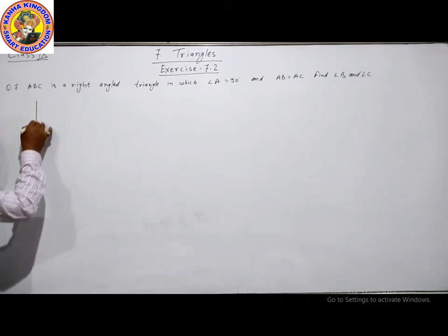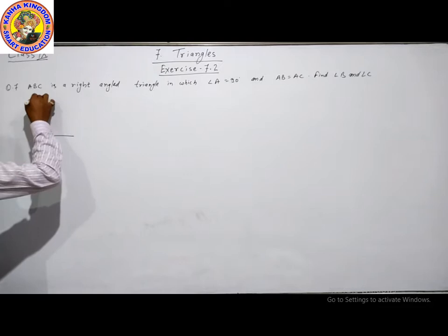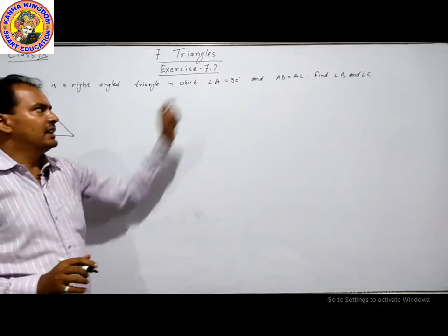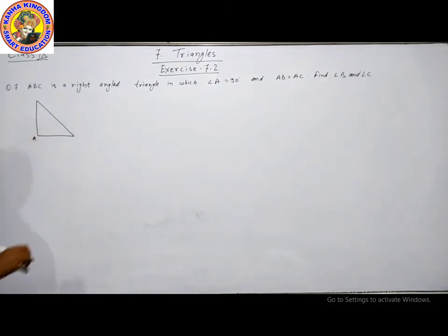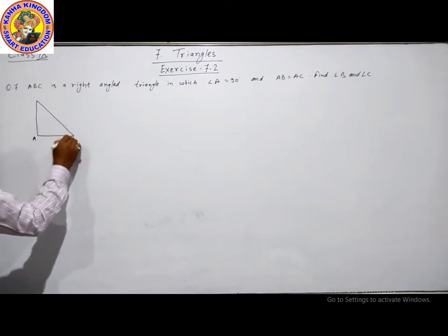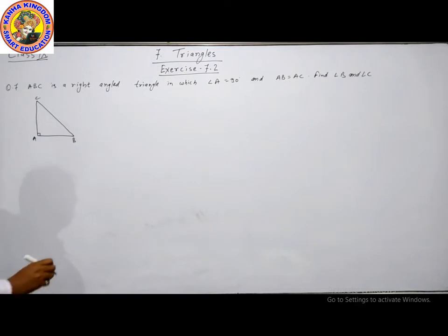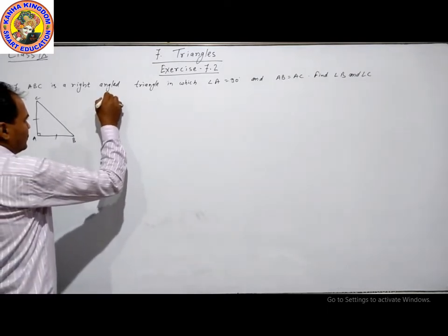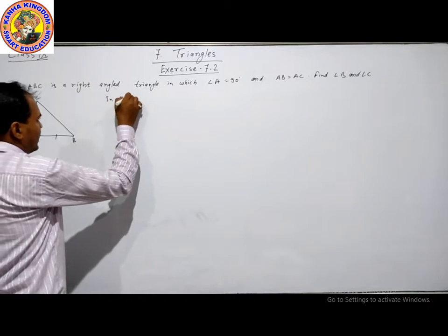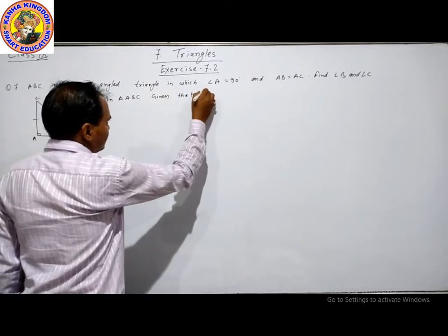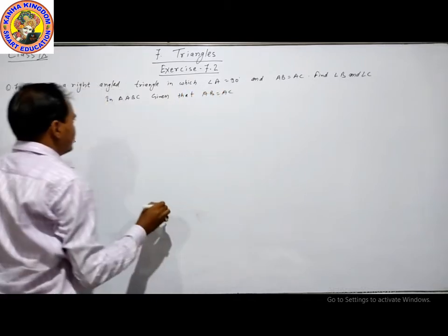Let a right angle triangle. This is our right angle triangle in which angle A is 90. So this point is A and the others are B and C. This is our right angle. Given in the question, AB and AC are equal in triangle ABC. Given that AB is equal to AC